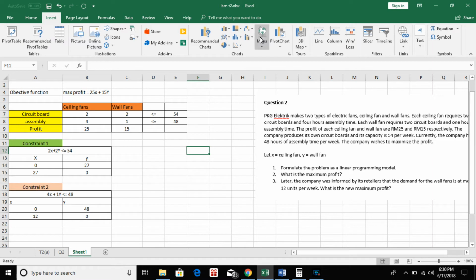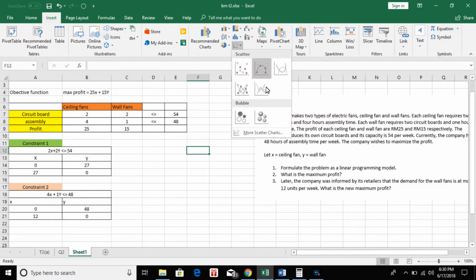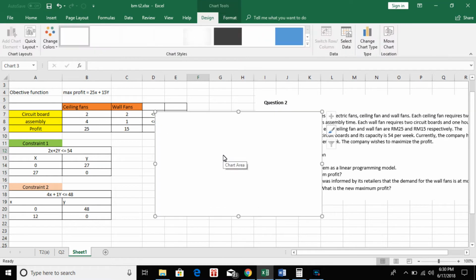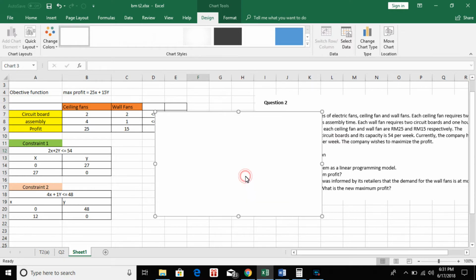Insert, the table, graph with the scatter with straight lines. Just click on it, right click on the empty graph, select data,